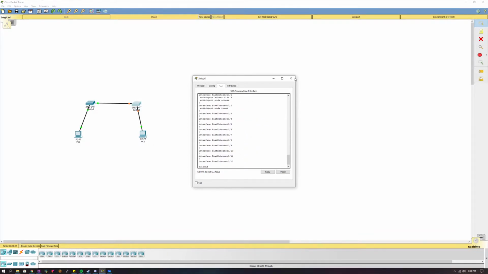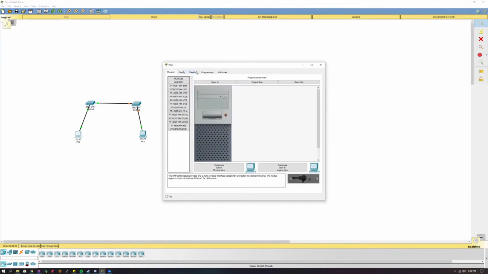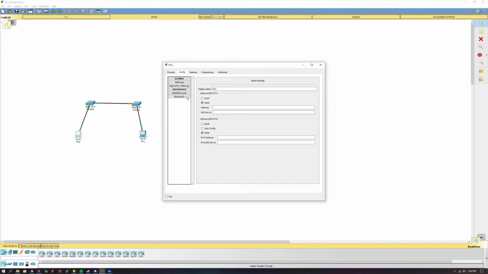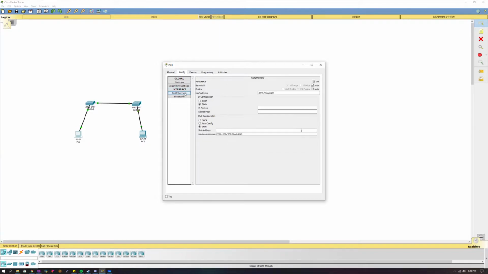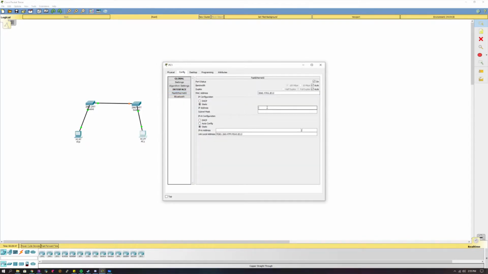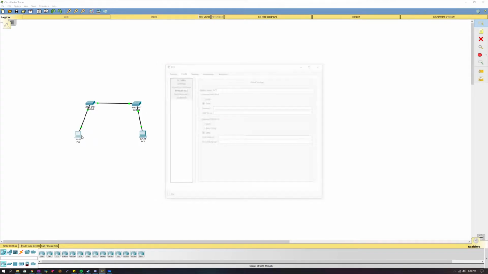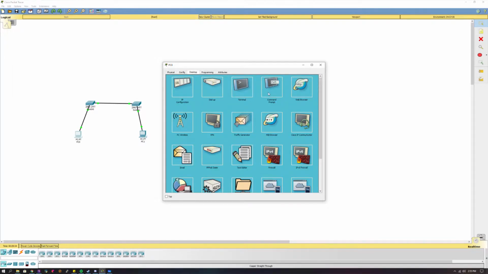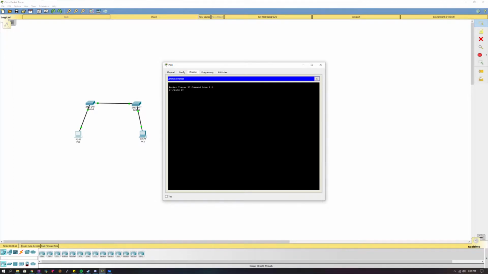Okay, so we're going to go ahead and configure the PCs themselves with IP addresses. We're not really going to worry about configuring a gateway. We're just going to configure an IP address on them. 192.168.5.1, and then 192.168.5.2. So we'll go ahead and go to the desktop. We're going to take a look at the command prompt. So whenever we ping the other PC from the other side, 192.168.5.2,